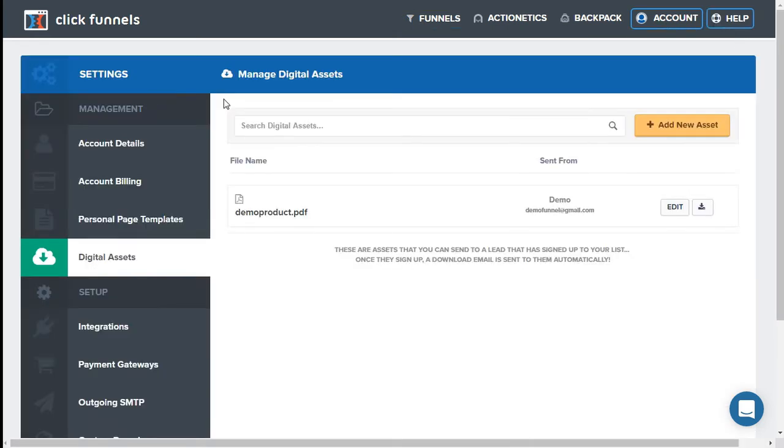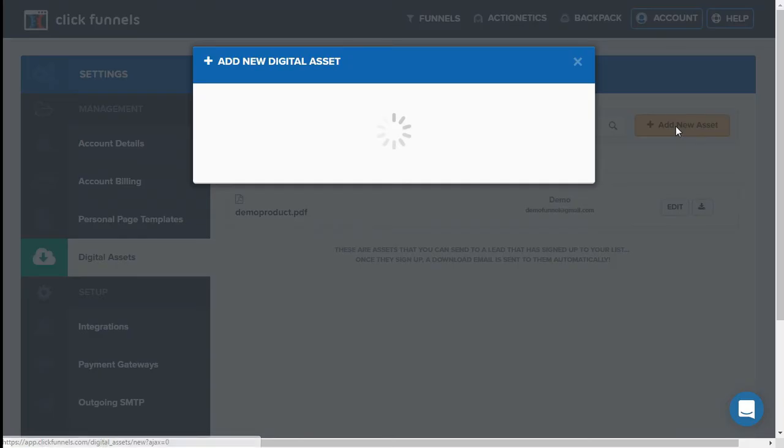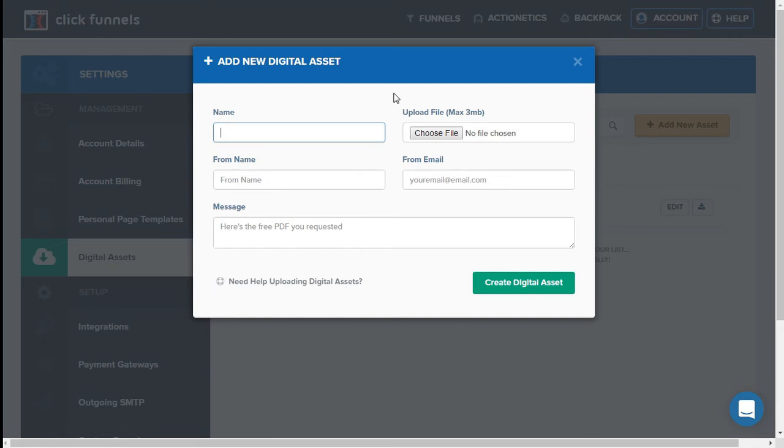Assets. And then you'll be taken to this page where you can either search for digital assets or add a new asset. For this example, you can see that I've already uploaded a digital product. So let me show you how to upload it. It's very simple. All you need to do is click on this button, Add New Asset, and then you'll be taken to this pop-up page where you can name the asset and then select the file,